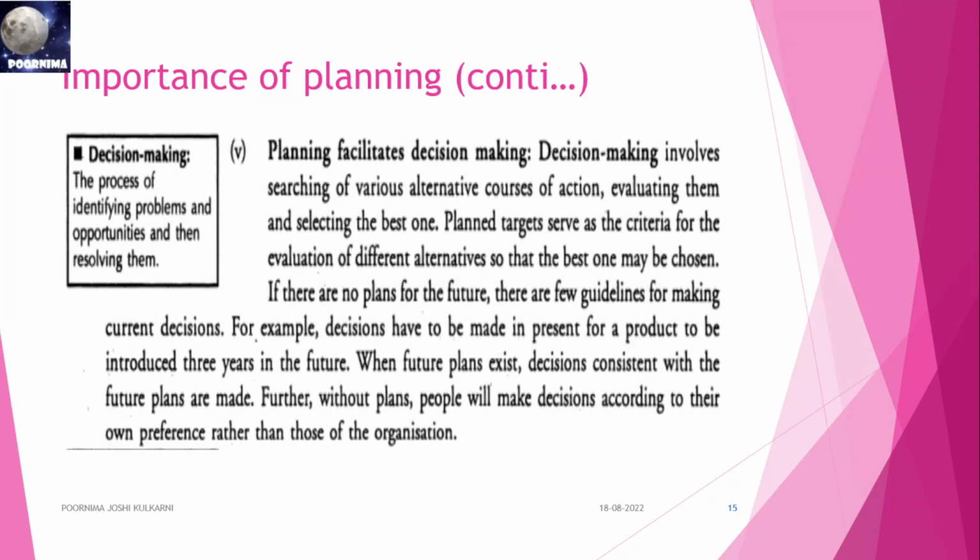Next, the fifth point is planning facilitates decision making. What is decision making? It's the process of identifying problems and opportunities and then resolving them. What problem are we currently having? When we face a problem, at that time there is an opportunity. We have to look for the opportunities we have. For example, during COVID-19, India had a lot of opportunities because India has the maximum number of medicine producing plants in